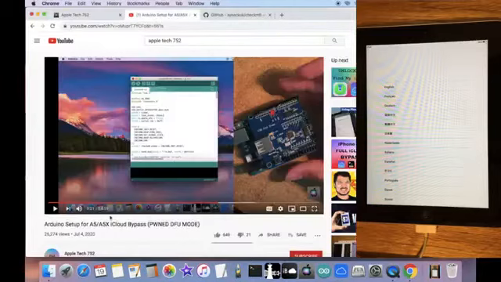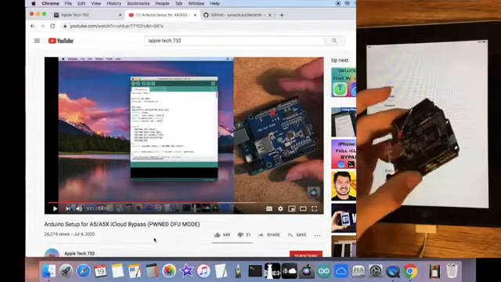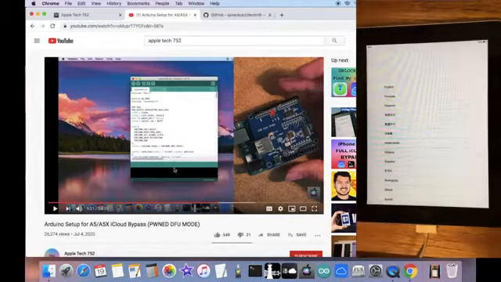First of all, you should watch this video. It's the Arduino setup for A5/A5X iCloud bypass, and you're going to need one of these Arduino boards. It's an Arduino Uno attached to a USB host shield. So this video explains the entire process and exactly what parts you need to buy. They're all linked in the description, and just basically everything you need to know. So familiarize yourself with this process and then head back over to